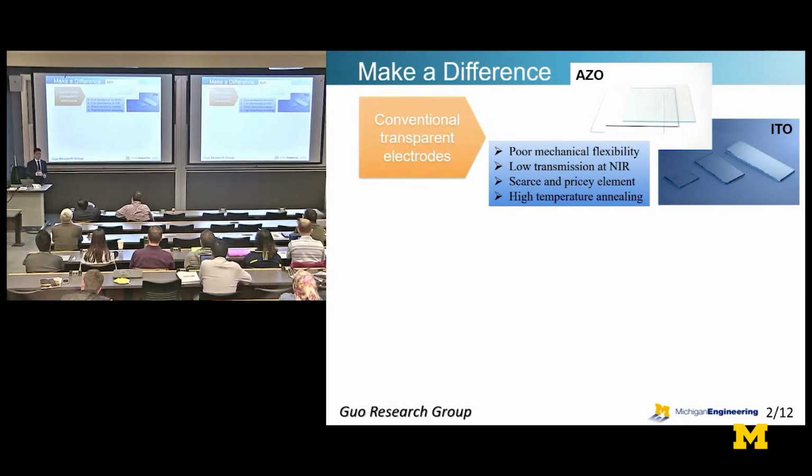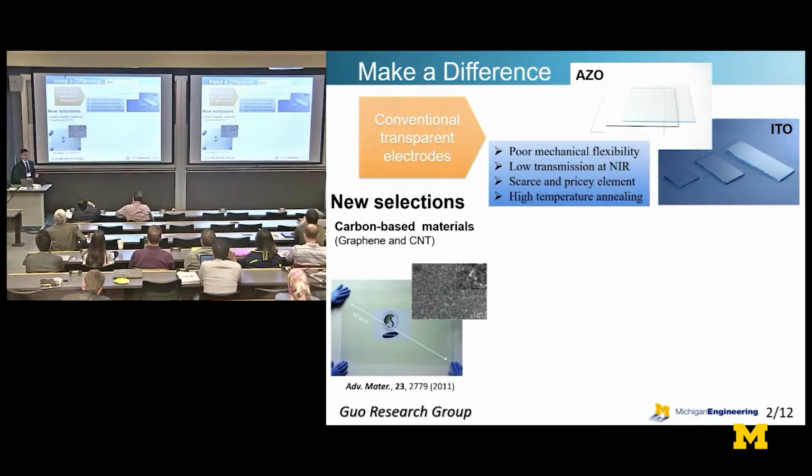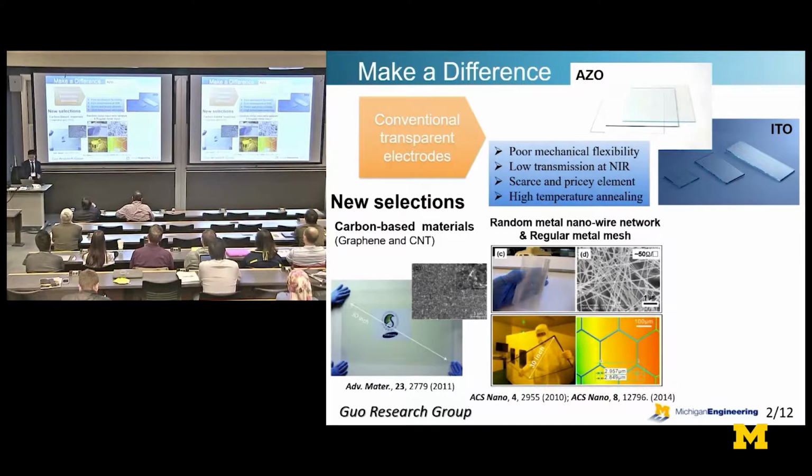Finally, both of the oxides here need a very high annealing temperature to achieve both optical and electrical performance. And this is unsuitable for flexible polymer substrates. Actually, researchers do provide new selections for the transparent electrode. For example, carbon-based materials are used for transparent conductors. However, these materials are limited by their conductivity, and it will be an issue when being applied in large-scale devices. People are also using random metallic